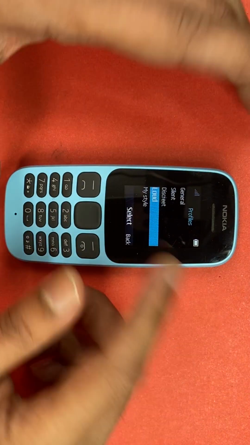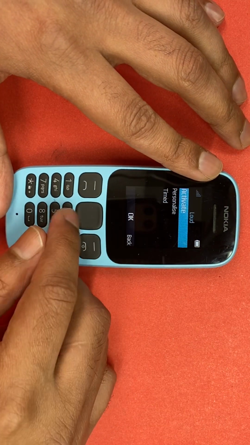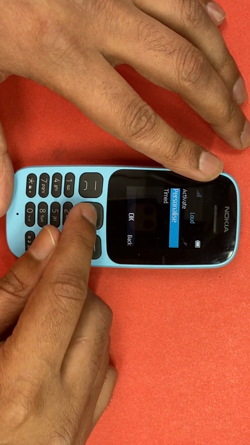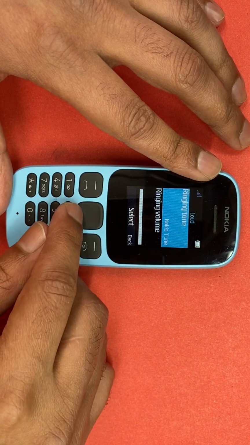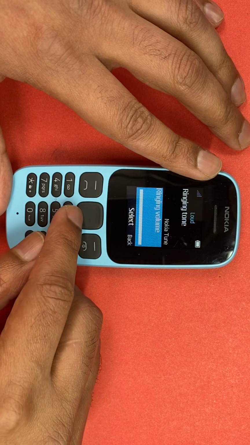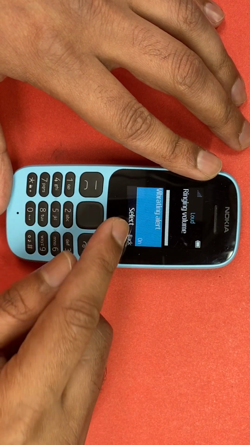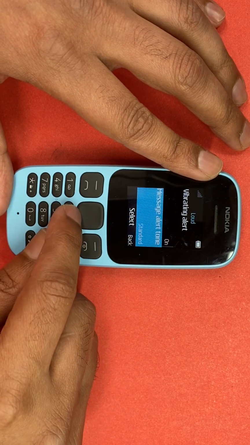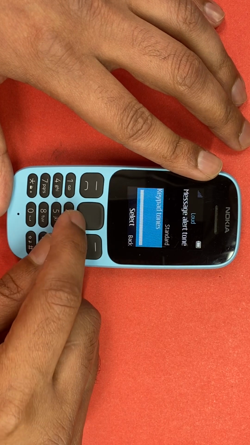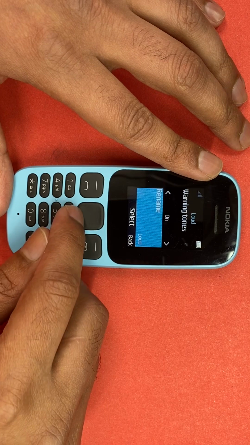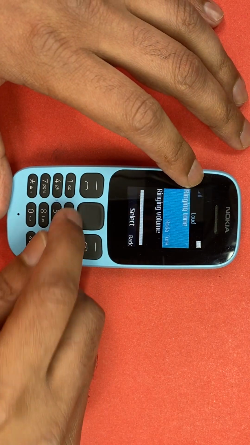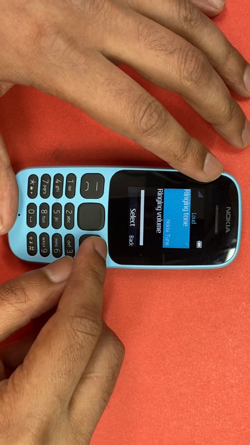And then loud, obviously the loud one's going to be everything at the maximum volume and level. So if we just click on personalize to have a look, ringing tone, Nokia tone, ringing volume as expected, fully full on that one. And then vibrating alert on, message alert tone standard, keypad tones fully charged up there, warning tones are on. And again, you can rename the profile as you like. So if we just go back on this one,